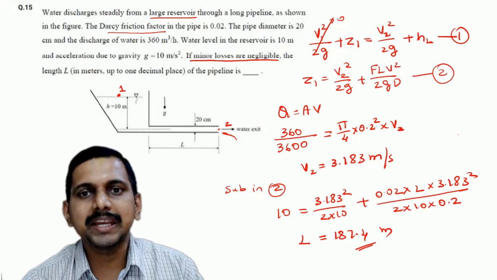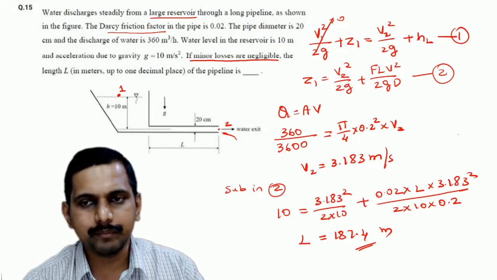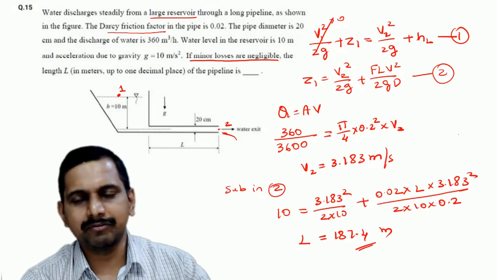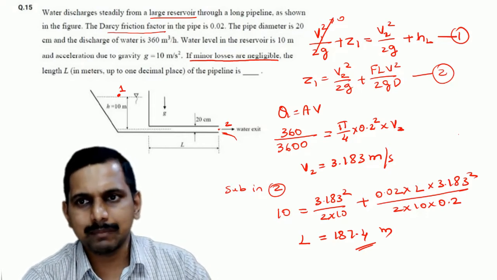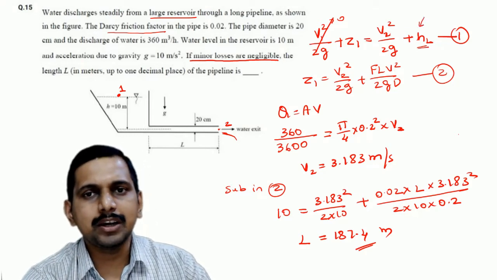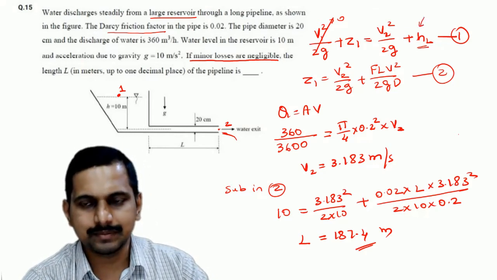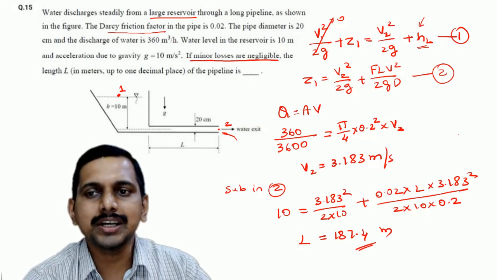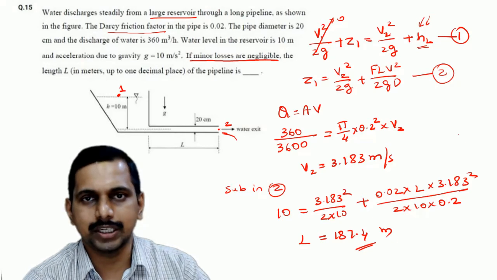This should be negated. That's what we think about. Okay, but in my opinion, I have shifted from one place to the other. In my opinion, this HL should involve the major losses plus the minor losses. Since the minor losses have to be neglected, I should not add up minor losses in HL.